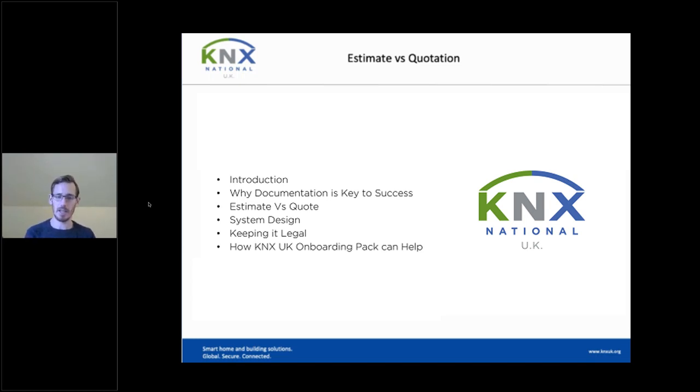Then we're going to look at design and what you need to capture on a KNX project, what the different types of information are, and a little bit of an example of how that would work with the onboarding pack. And then I'm going to hand over to Neil, who's going to look at keeping it legal,